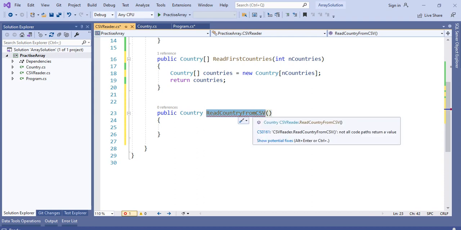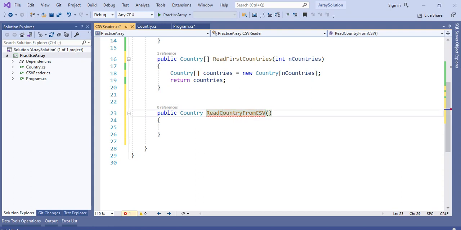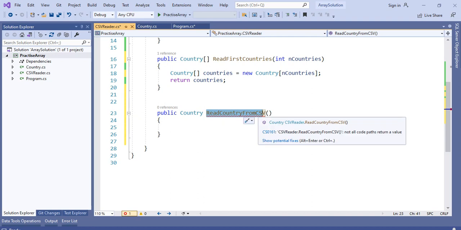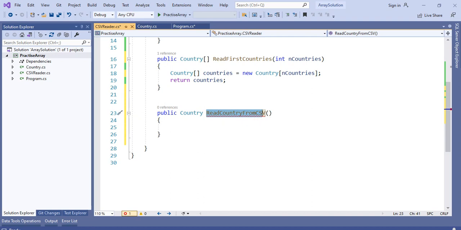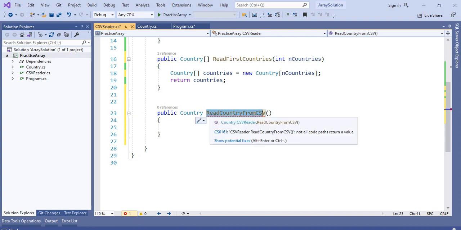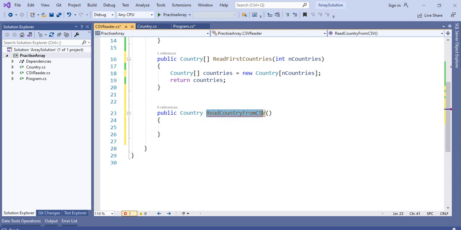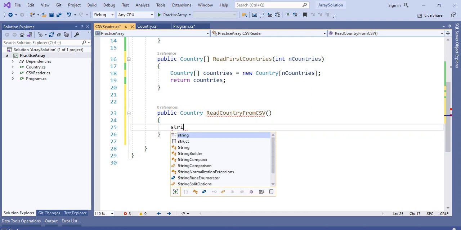We can use test1, demo1 like that, but it is not readable and not informative. So I want to read CSV data from this method, so I apply read countries from CSV as the method name. Okay, so next I create a string array